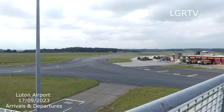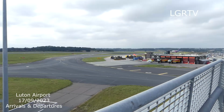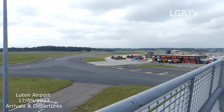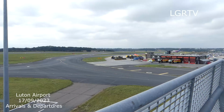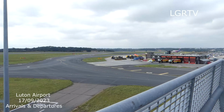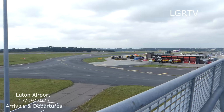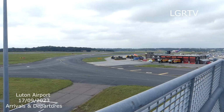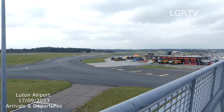Good morning folks, we are here at Luton Airport. We finally made it back after a very long time away. Do apologise, but as I've got plenty of time on my hands today, I thought I'd come up and see what we can get. So we are on the level 4 top car park, right smack bang next to the runway, as you can see,